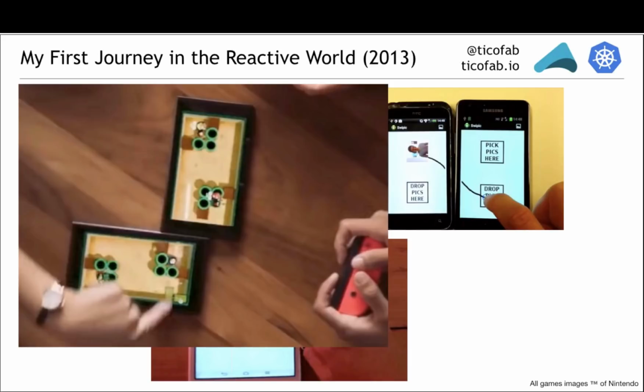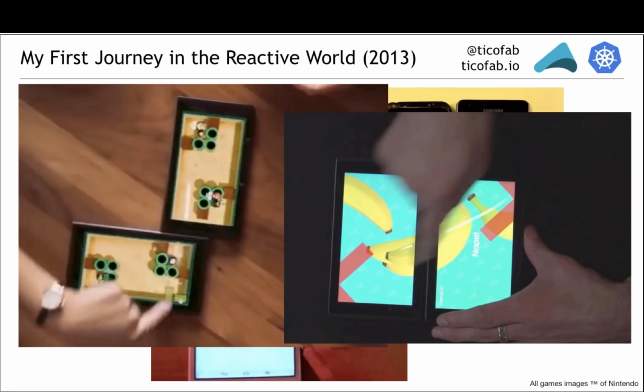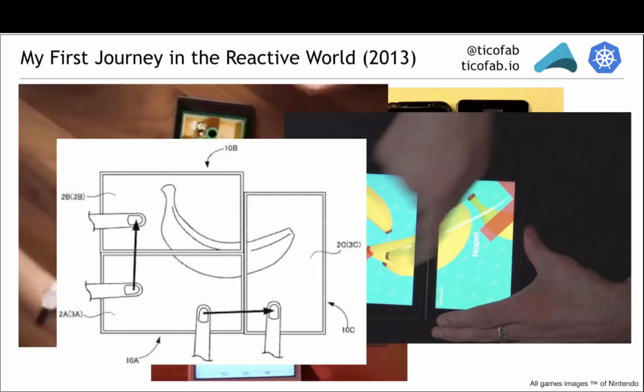So in this screenshot, someone is just swiping across two Switch consoles to create a battlefield. Or they have this game, it's sort of a puzzle where you can compose images by swiping across. So this kind of makes me proud. And Nintendo even patented this thing. And I love that there's a banana on their patent. Well, it tells me that maybe I should have patented it, but it's all right now.